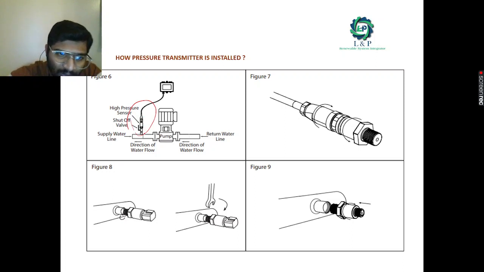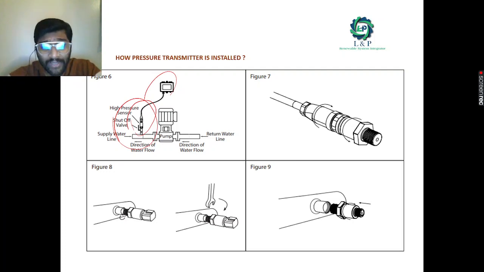Okay, so try to install your pressure transmitter if you want to measure the supply line water pressure. You can install your pressure transmitter in the direction of flow. As you can see, the supply line is coming here, you can install it here. Most importantly, please don't install it immediately next to the motors or the pumps. Always try to install it in the supply lines. Or even if you want to know the pressure after the pump, there also you can install it, but please don't install it at the immediate corners,